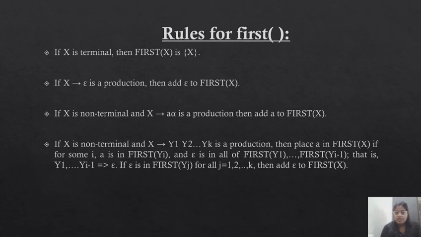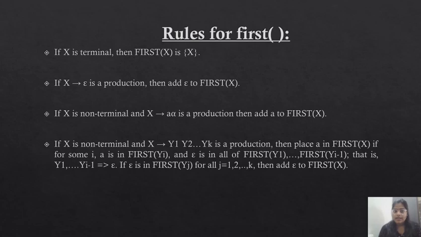So, the rules to construct FIRST. If x is a terminal, then FIRST of x is x. If x tends to epsilon is a production, then add epsilon to FIRST of x. If x is a non-terminal and x tends to a alpha is a production, then add a to FIRST of x. If x is a non-terminal and x tends to Y1, Y2, and so on up to Yk is a production, then place a in FIRST of x